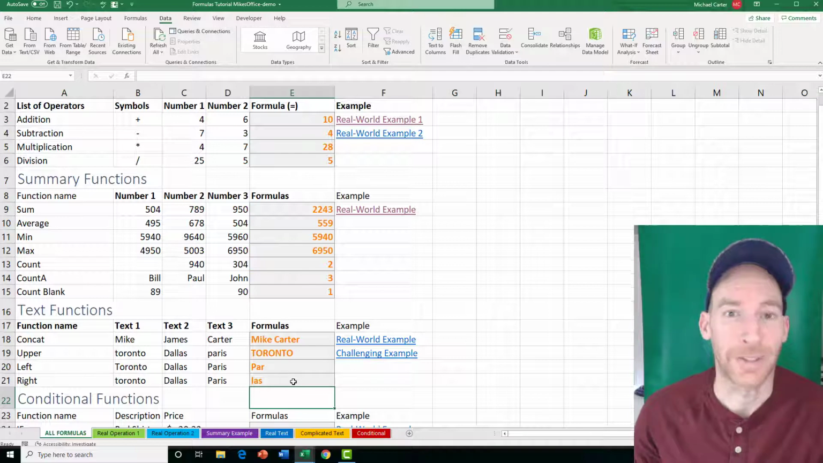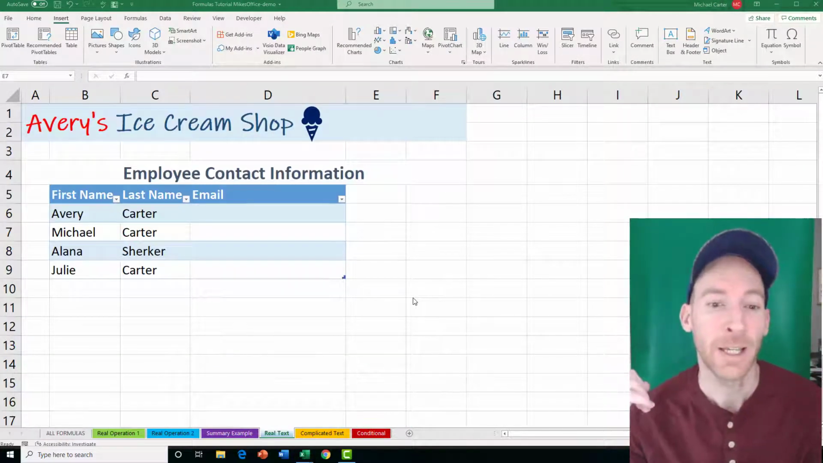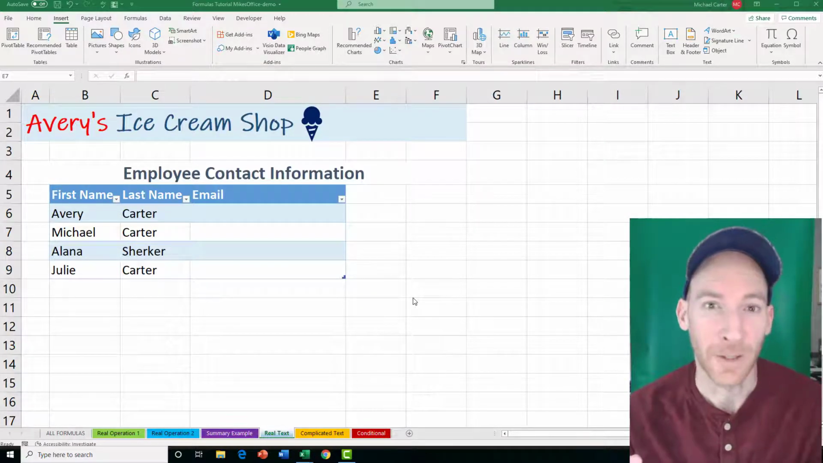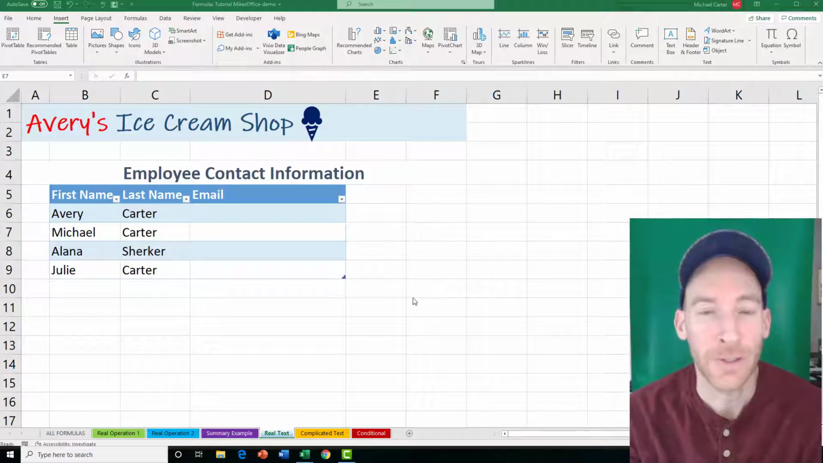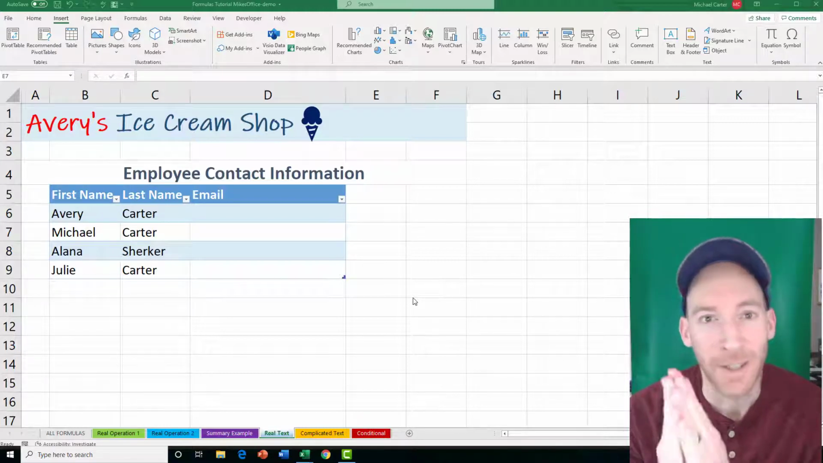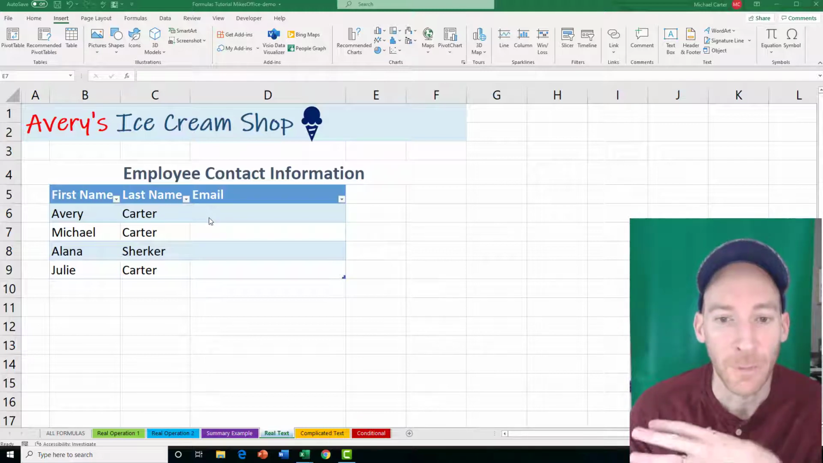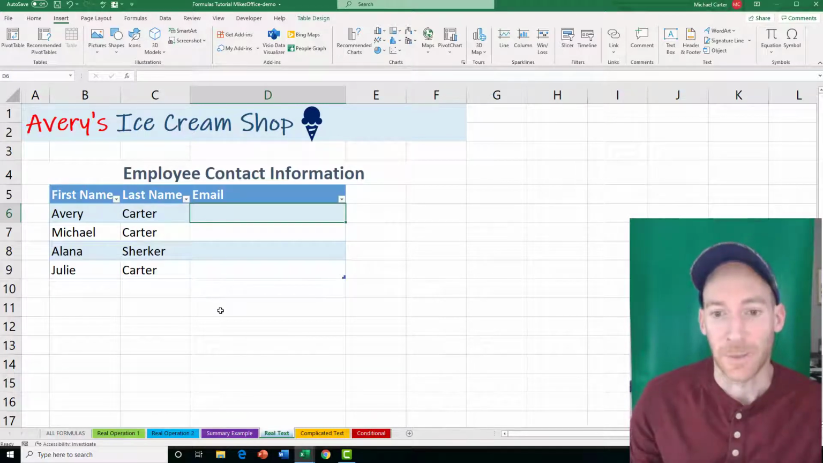Okay, let's try some real world examples now. So let's use a text formula that allows us to join the first name in our employee list with the company email, averysicecream.ca. So do you remember which formula we would use to join those 2 text strings together? It would be the CONCAT formula. So if I want to generate new email for our new employees using their first name and then also the company email, averysicecream.ca, we can do it like this. So we can type in equal CONCAT,